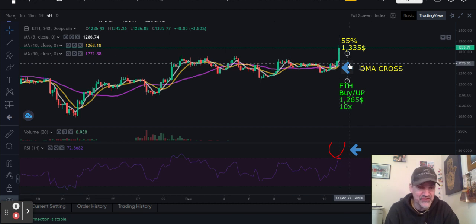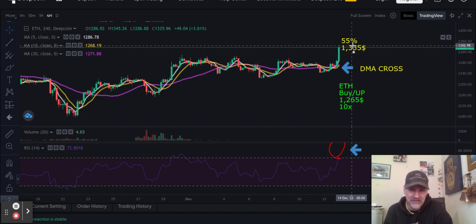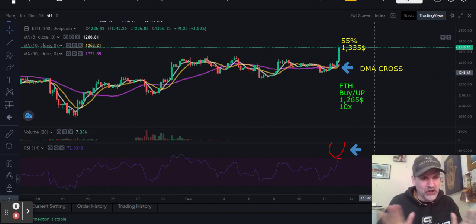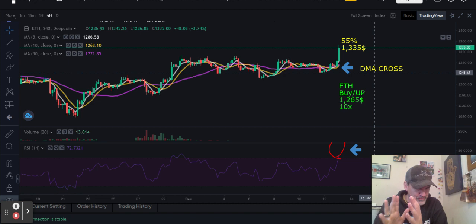Again, it's 10:15 Eastern Standard Time right now. Ethereum is trading at 1335.95. That trade is up 55%. Okay? And so what you want to look for is your exit in comfort. Look for a red candlestick. Usually I like to use the 1 hour. Okay, because if it's red at 1 hour and it's red at 2 hour and it's red at 3 hours, it's going to be red at 4 hour. Okay, like that's just the way it works, right? So that's a good preview. You know there's more sellers now in the market in that hour time frame taking profits.